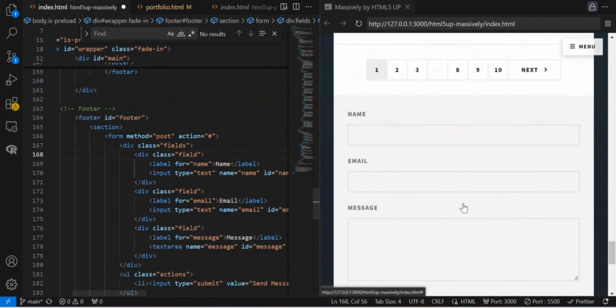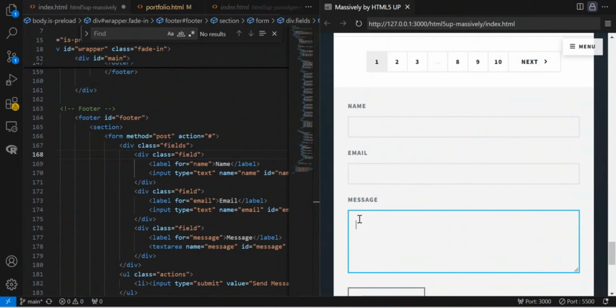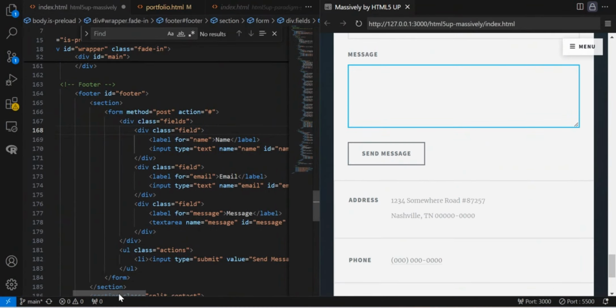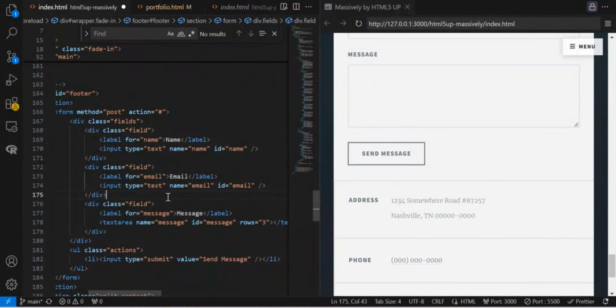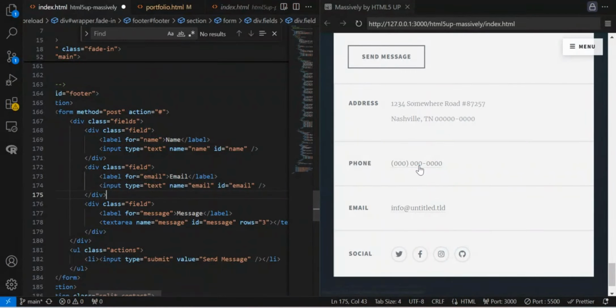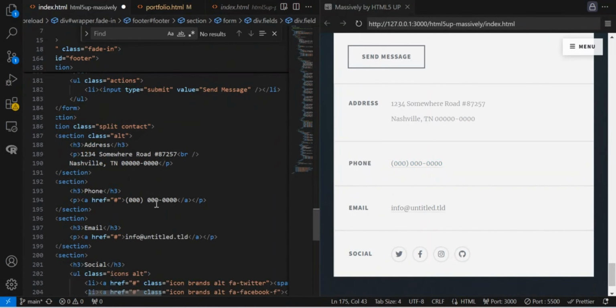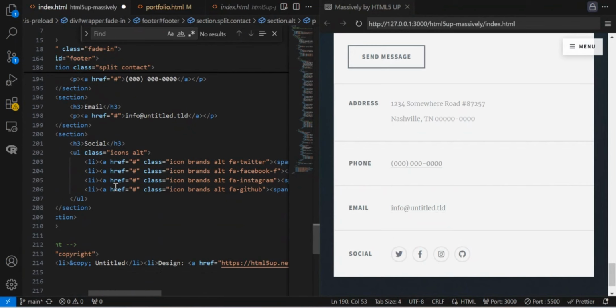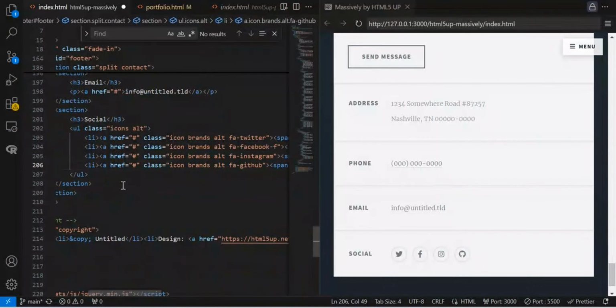There is also another footer about name, email, messages. At the moment, this doesn't work pretty well, but you can experiment to see if it's working well from your side. You can also edit your address over here, and then if you have a Twitter account, Facebook, Instagram, GitHub, you can just update them here.